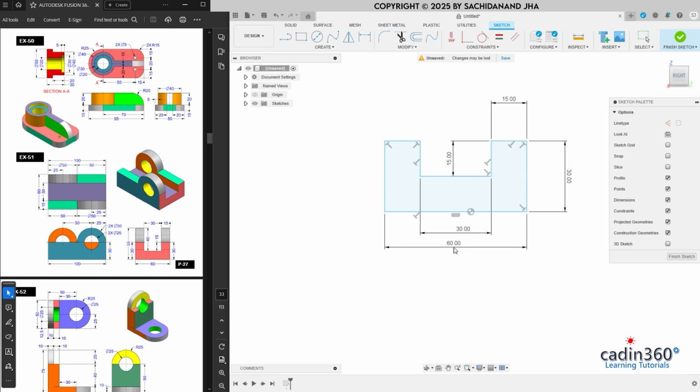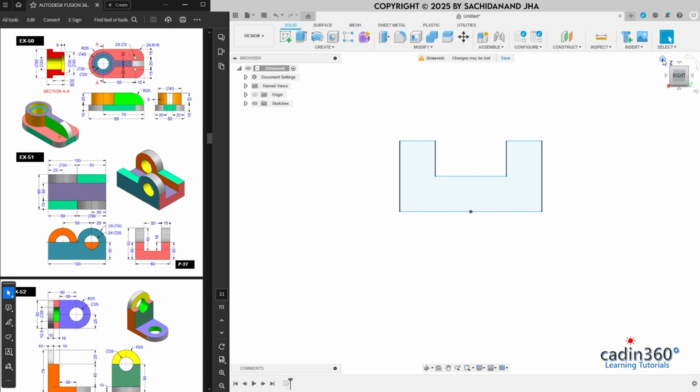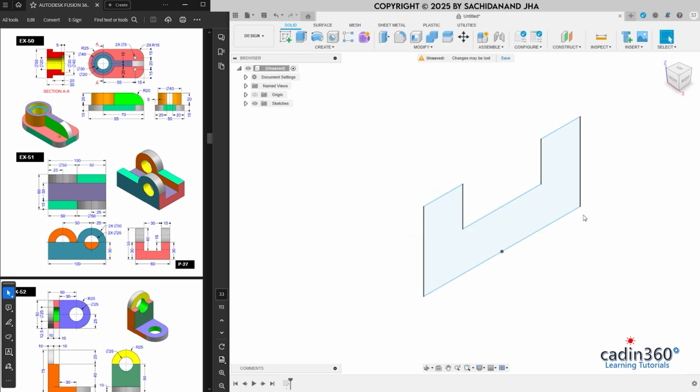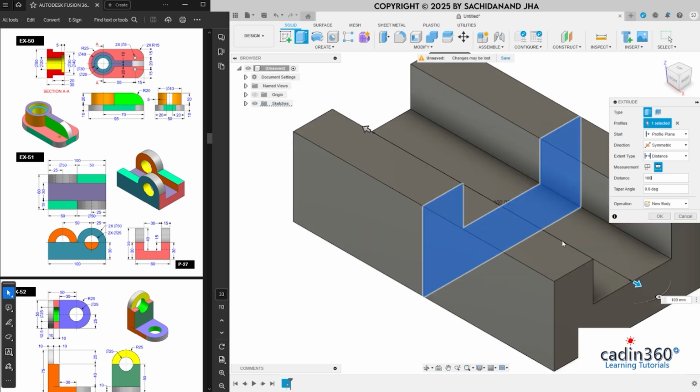This is 60 and make it at the center. Okay, now exit from finish sketch to sketching tool, then extrude it, use symmetric whole length and the distance is 100. Okay,